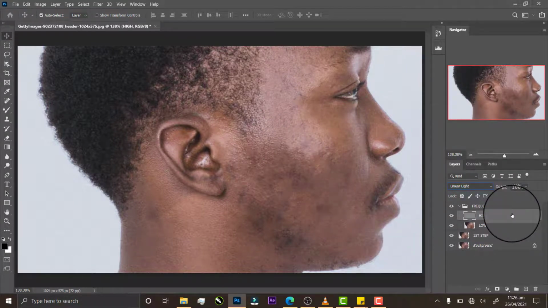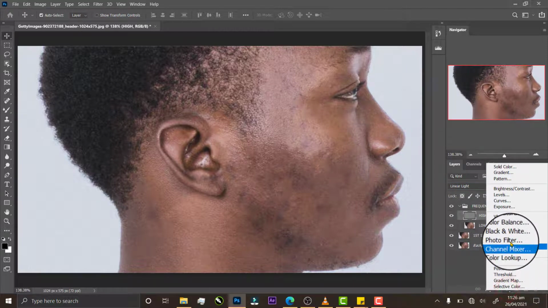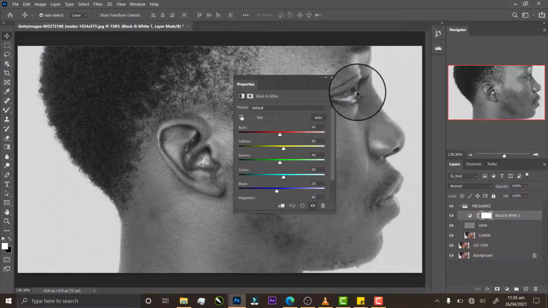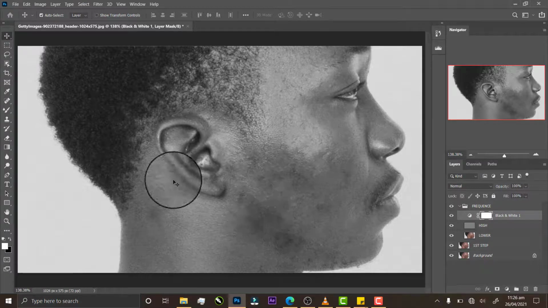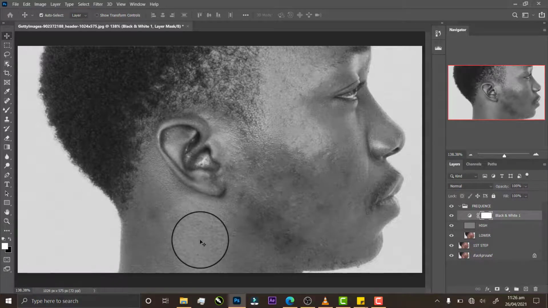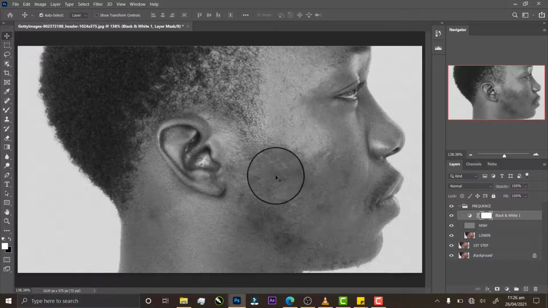Click on the eye layer here, then click on the adjustment layer and choose Black and White. Once you click on that, just close the dialog. Now we are able to see where there are dark areas and lighter tones. We are going to mix the colors according to the way they are. So we will mix the lighter tones alone and these areas alone, and so on, so that we don't change the face